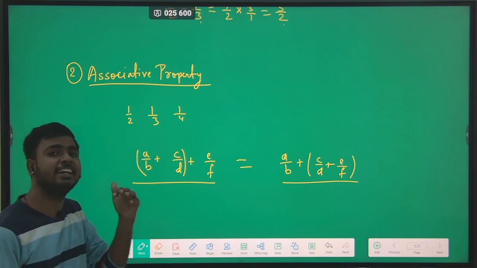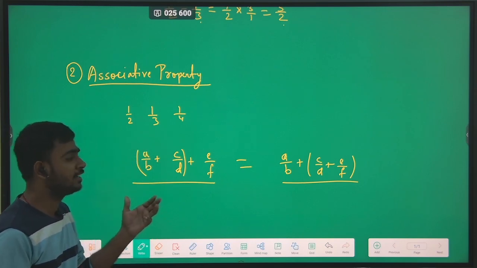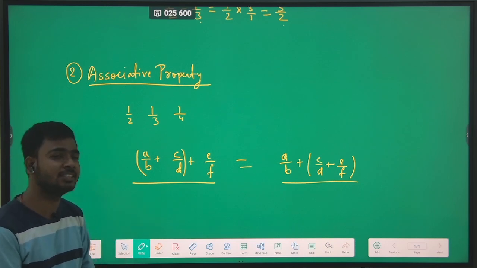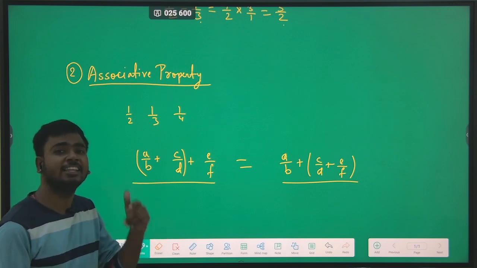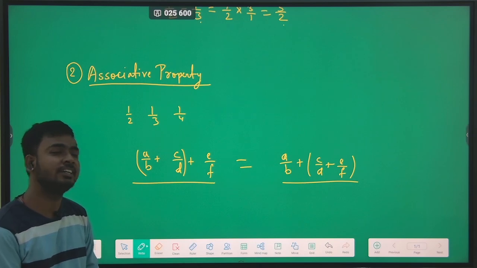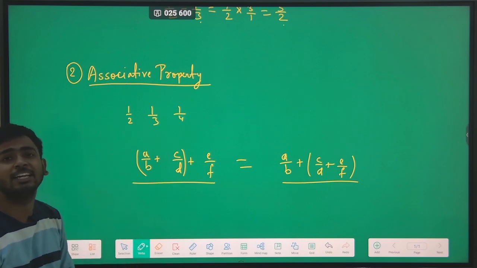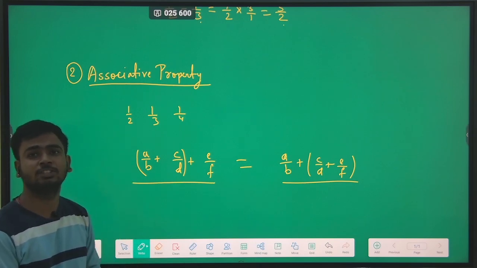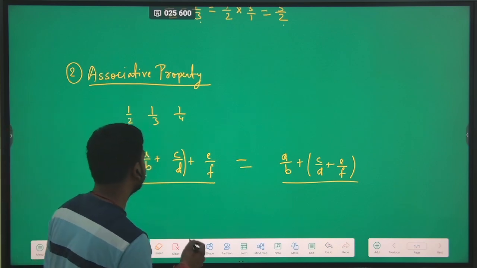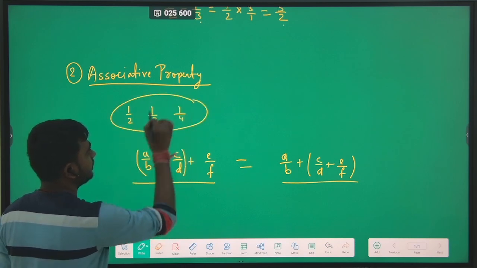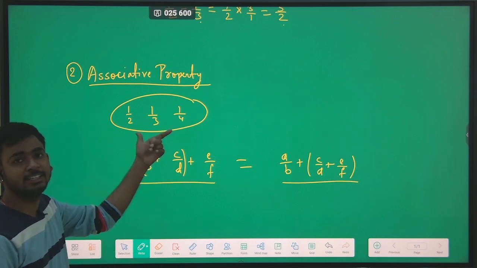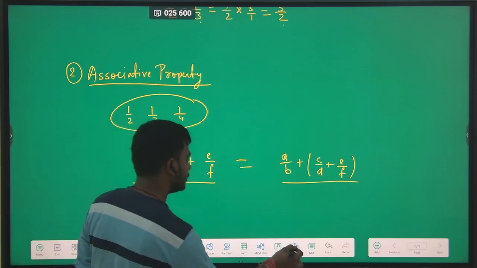So if we take any 3 rational numbers, we will get some values. We will try to find out for some more 3 rational numbers, and we will check whether they follow the same condition. If they are following the same condition everywhere, then we can say that every rational number is following associative property under that operation. So let us suppose that these are the 3 numbers which we are taking. These are easy numbers which we can take, hence I am taking these. Okay. Now